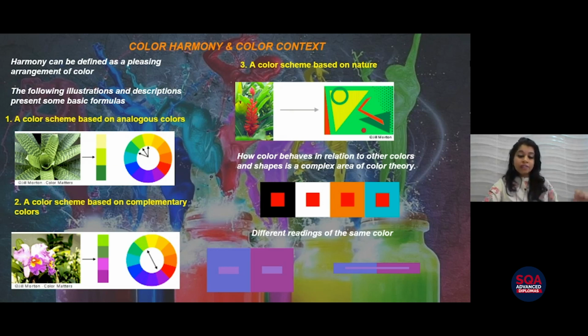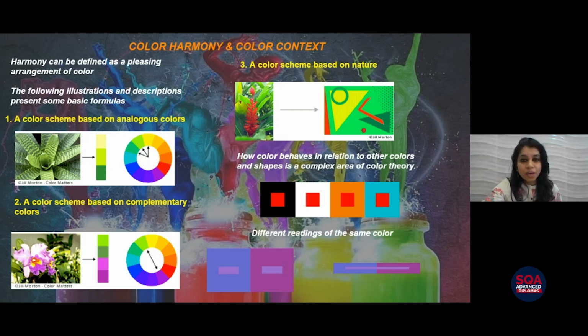But the other thing that we need to know is they all come from this basic primary and the secondary color. Primary colors are the ones which give rise to the secondary ones, and from the secondary and the primary you get the tertiary ones, and likewise you get different kinds of color schemes. If you see the third image, this is one color combination which is seen in nature.